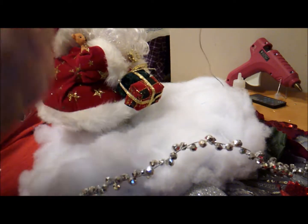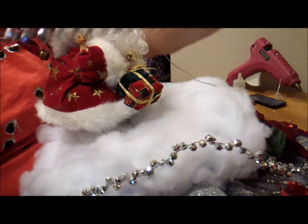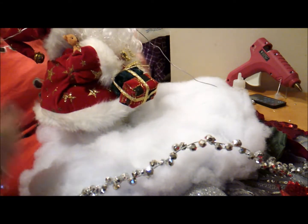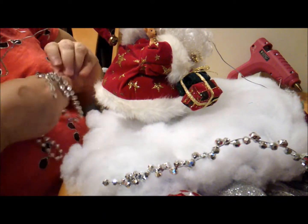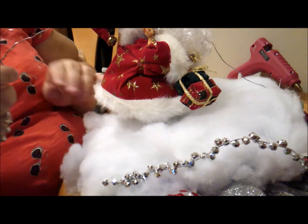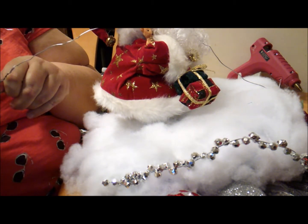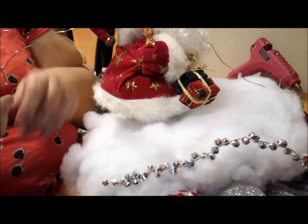And I have some beading. I'm not sure where I got it. It might have been Walmart or Michael's, somewhere, after Christmas. And I've already pre-cut my wire. And what I'm going to do is put the wire through the top here where the D-ring is, and go down